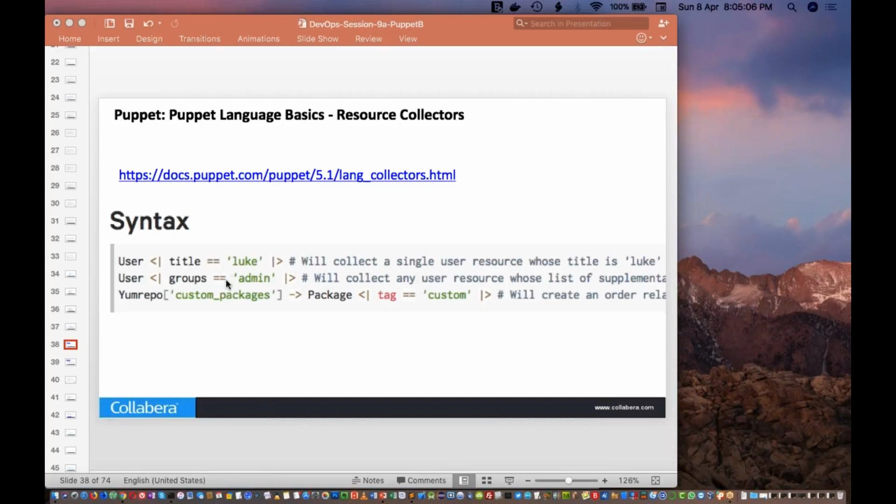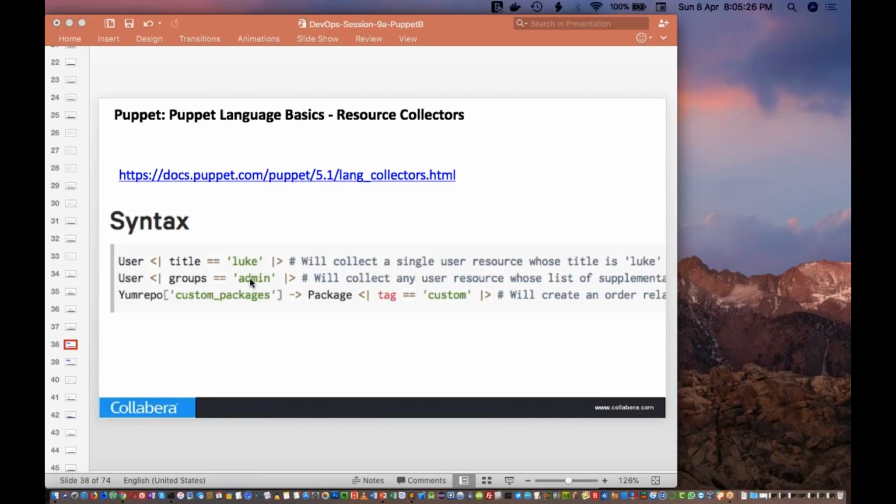And this one will collect a set of resources with admin, like any resources whose list of supplemental groups includes admin. When you create your user you can specify the groups, right?